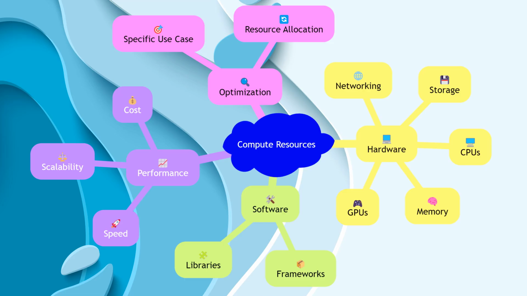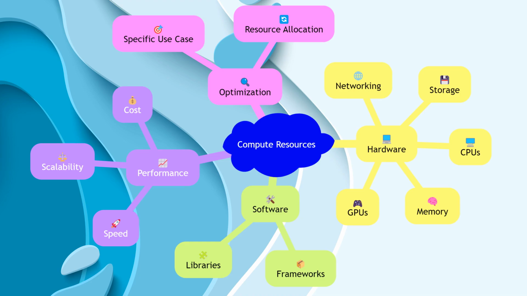Compute resources refer to the hardware and software infrastructure required to run machine learning models. This includes CPUs, GPUs, memory, storage, and networking capabilities. The choice of compute resources can significantly impact the performance, cost, and scalability of your batch deployment. It is crucial to understand the different types of compute resources available and how they can be optimized for your